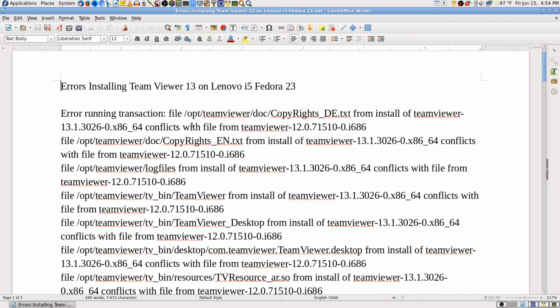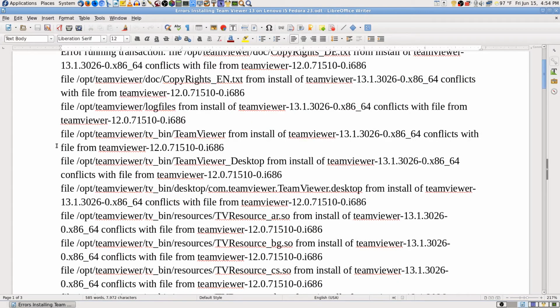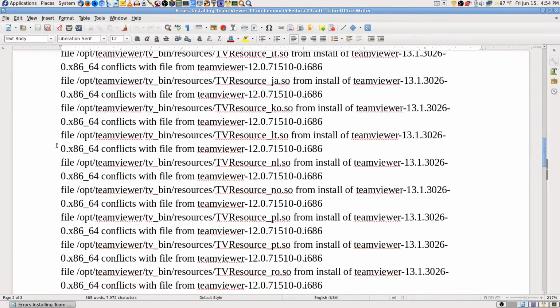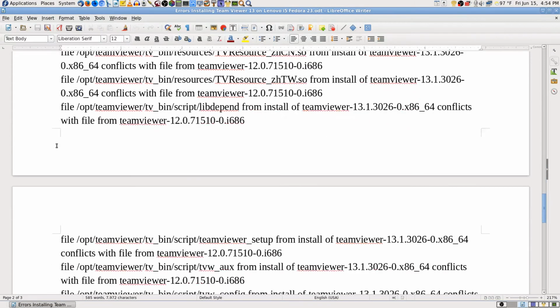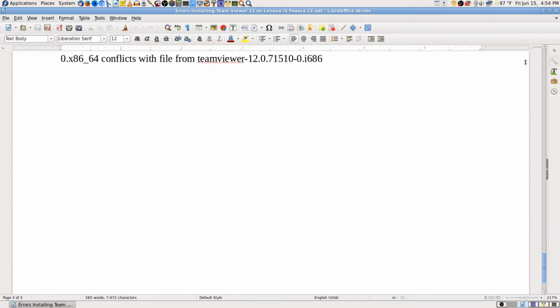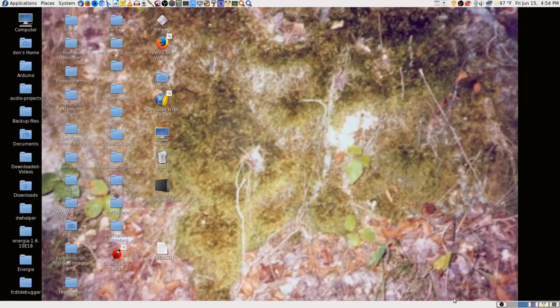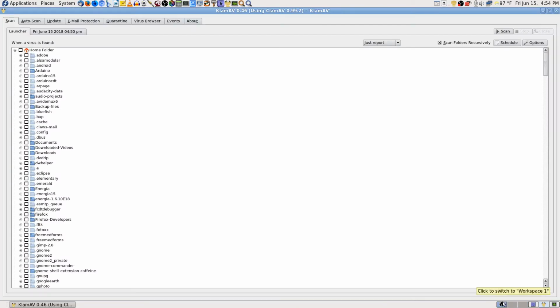Yeah, copyrights conflicts with 13 to 12. So I believe that, well, I bet it tells you on the site. Kind of seems like I remember it now once I saw this. Yeah, it's all 13 to 12 conflicts. So the problem there, why it wouldn't install, was that I probably needed to uninstall TeamViewer 12 first. But I just got to make sure that all those SELinux alerts weren't because